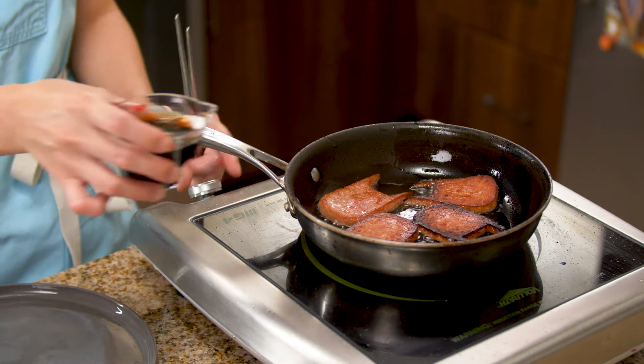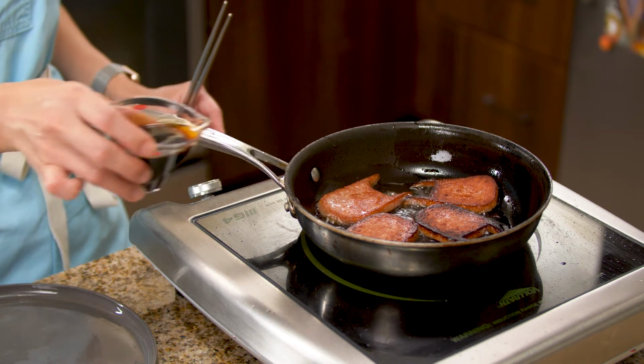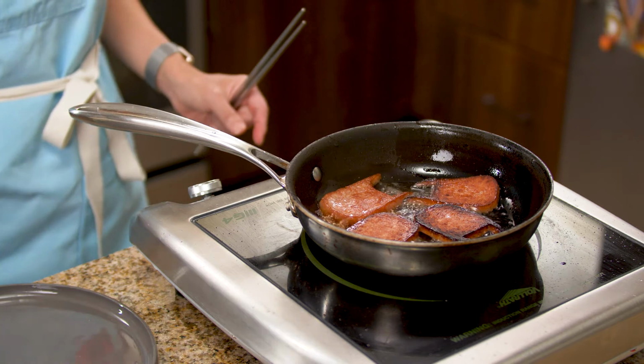Now, my Spam Totoro got caramelized. I'm going to add some teriyaki sauce to it. When your Spam changes color, kind of dark brown, and really absorbs all the teriyaki sauce, you can turn